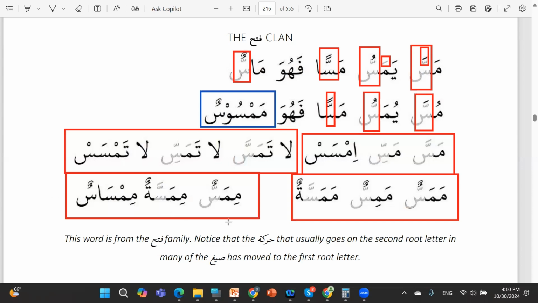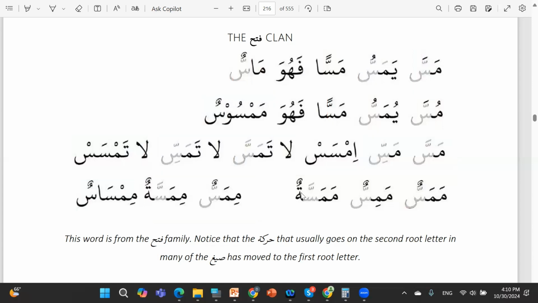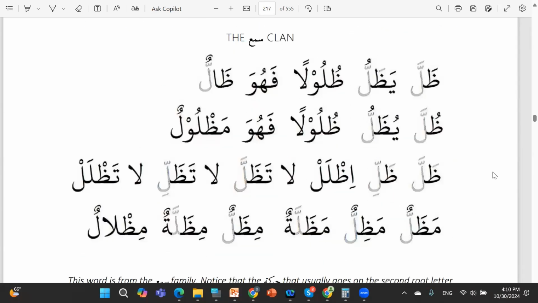Okay. Again, you can see there are four instances in sarf saghir where there is splitting, or the fusion is not there. Ism maf'ul, the third version of commanding, third version of forbidding, and one form of ism ala. Okay. So far, so good. Okay. Now let's move on to the next clan, which is samia. And in samia,